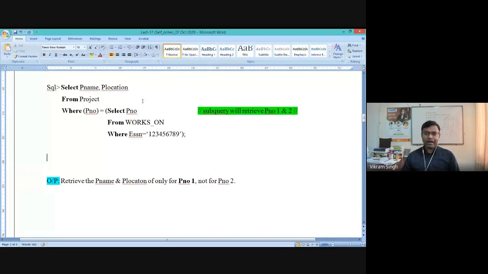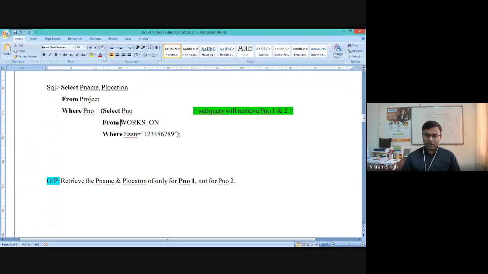So in this query, we are trying to derive the project name and project location from project where project number equals to, then the inner query is getting you this: select P number from works on where ESSN equals to this.